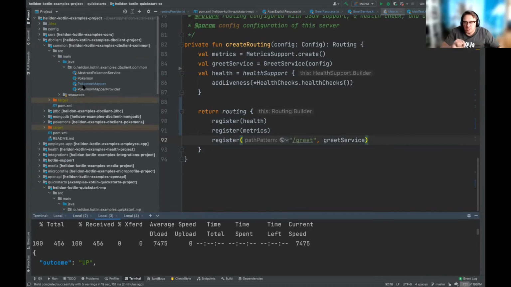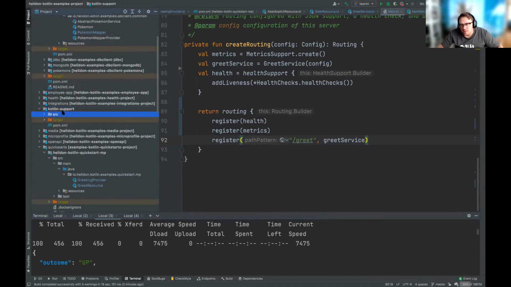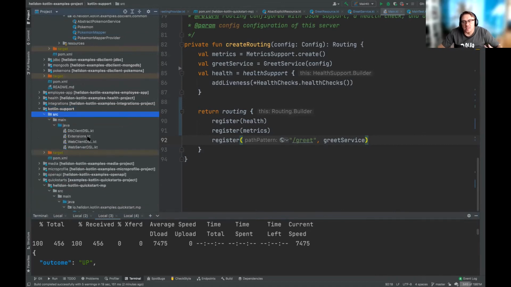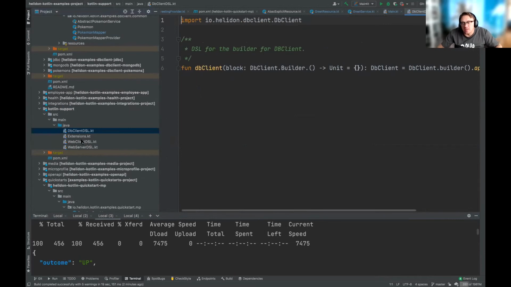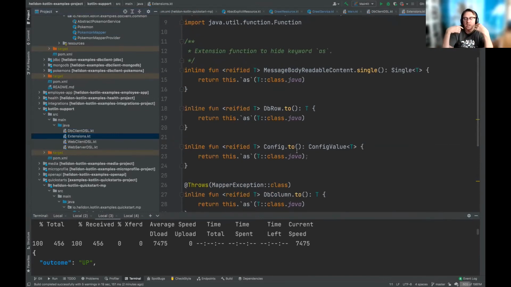But just to make it clear and to see how it works. So for example, as I said, there is the Kotlin support project here. And this Kotlin support actually provides several DSLs, as I said, for web server, for web client, for DB client. So if we go to DB client, we can create our DB client with a DSL. But there is also another thing. So for the idea of removing the as keyword from our stuff, we do it not just by replacing a function to make it, for example, to, but with the cool feature of